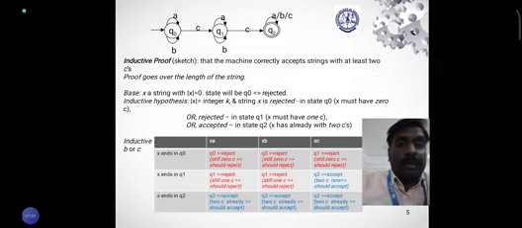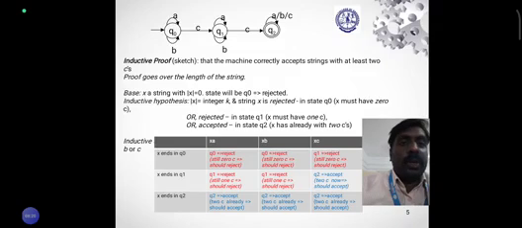So this can be proved on the basis of an inductive proof. For the base case, we take the length of x equal to 0, so the string is the empty string. The Q0 state is the starting state where the string will be rejected. In this case, the transition diagram will reject the string. In the inductive hypothesis, we take some integer k as an extra value. If we put k equal to 1 or 2, more than 0, then only can we check whether the string will be accepted or rejected.